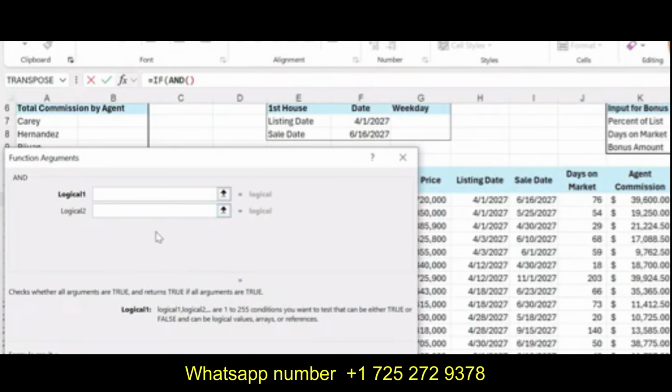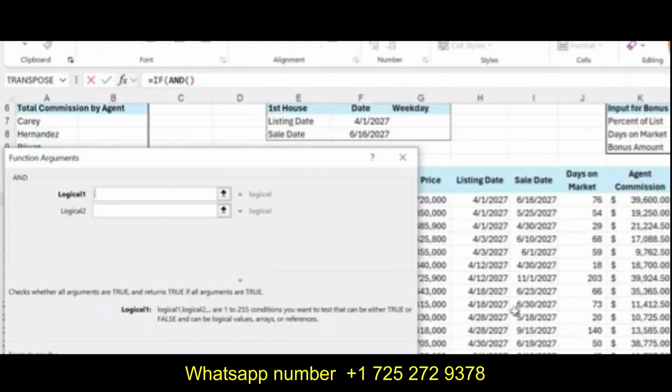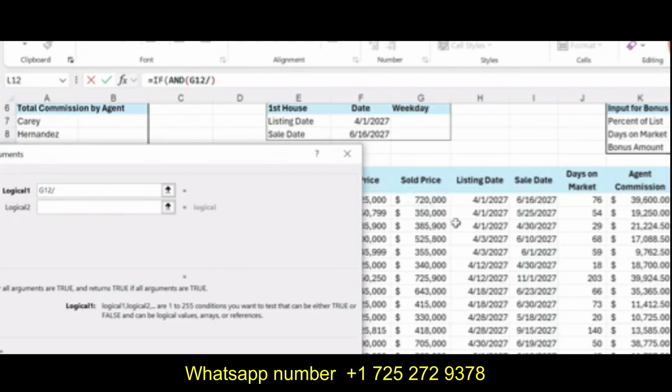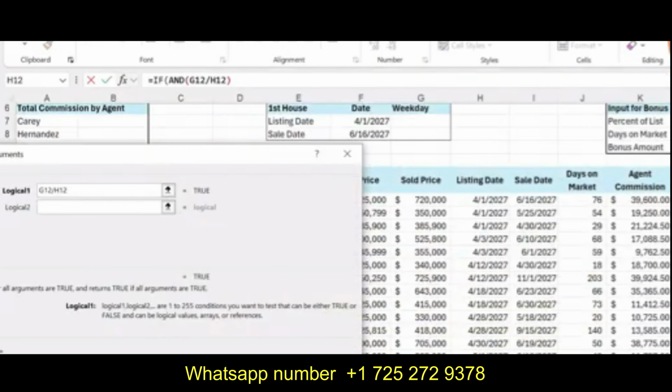So our logical test 1 is sold price divided by the listing price, is greater than or equal to 100%, that is cell L7.